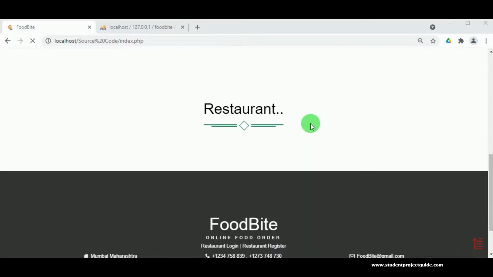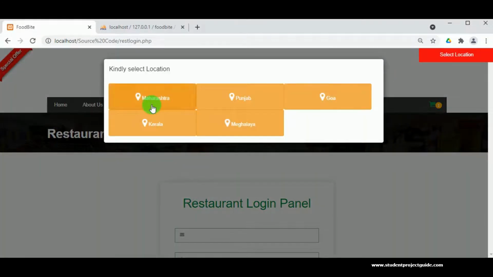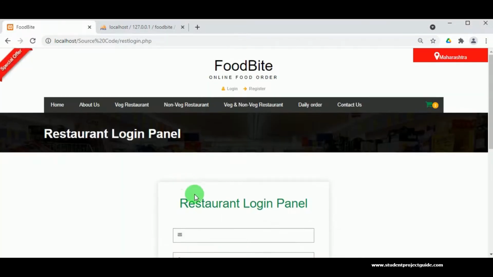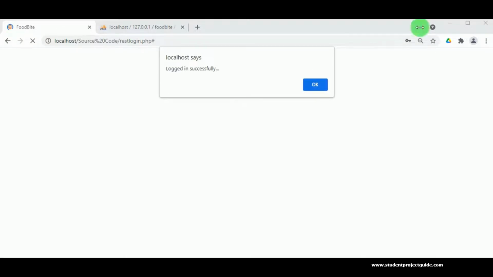Now let us log in as the restaurant to which the customer has made his order. The restaurant must enter the login ID and password which they have provided at the time of registration or which is provided to them by the admin.